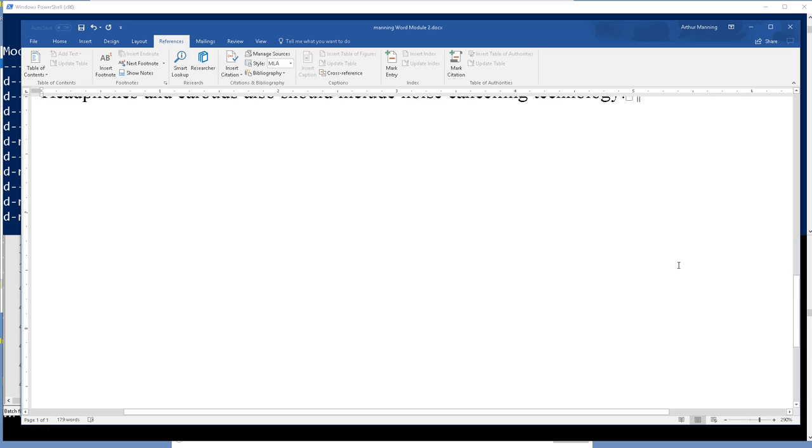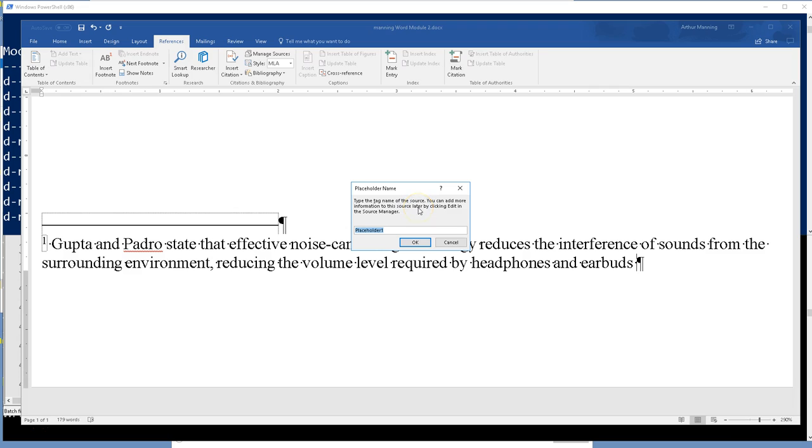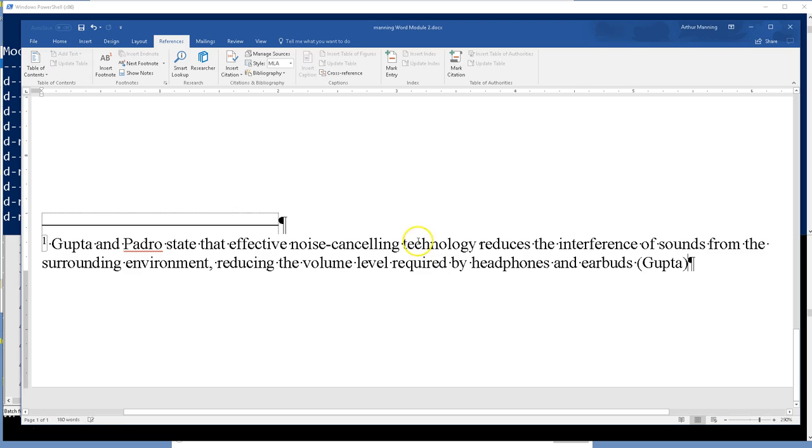Ready, Cody? All right. So down in the footnote, after the word earbuds, space after the word earbuds, in this case we're only going to insert the citation just to show the placeholder. Insert citation, placeholder, and all we're typing is what we want to show in the placeholder, Gupta. And we just remember, yeah, we have Gupta, but I don't have all the information about that. I just remember the name of the author was Gupta. I can put in the placeholder and then come back to it. So put in the placeholder, and then